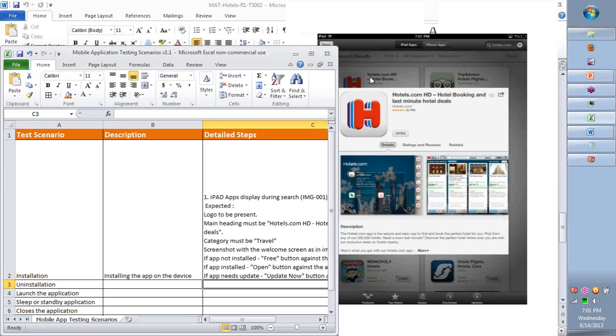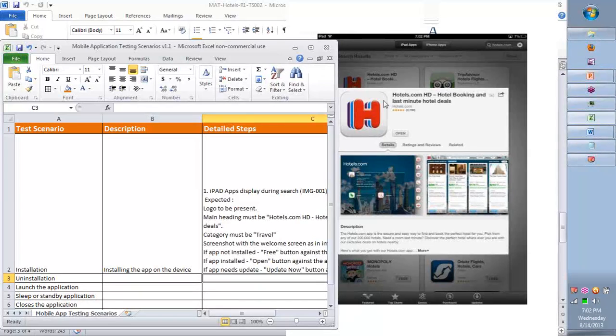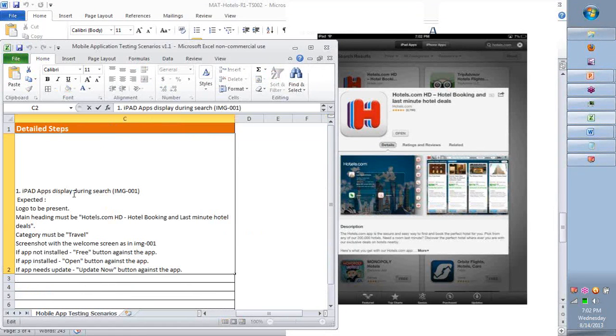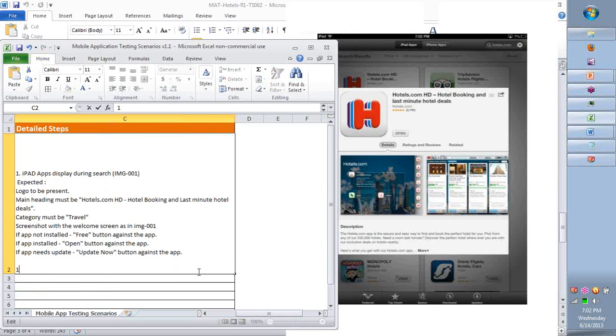Now, this is for the installation part, team. This is not just how you will see the application being installed, the process of installation itself, but even for the entire process of someone searching for the app, finding the app, installing, and so on, okay? This is one. Second thing is, this is iPad's display during search. So now the second thing to this is